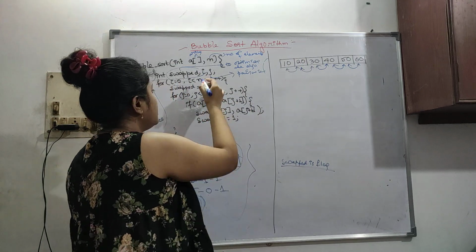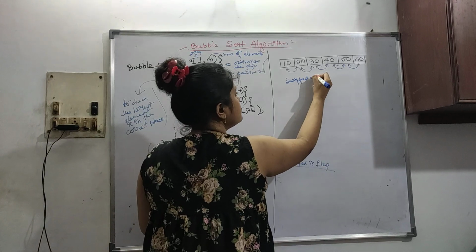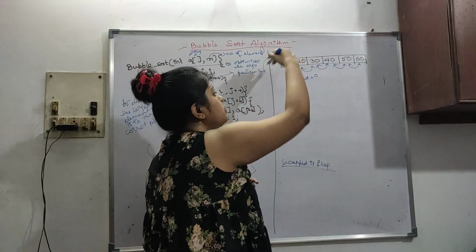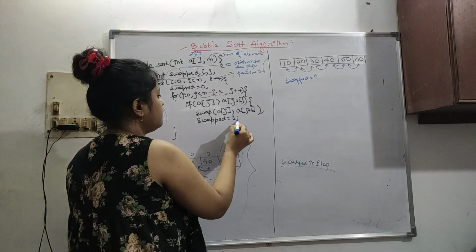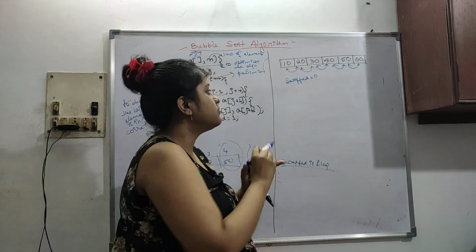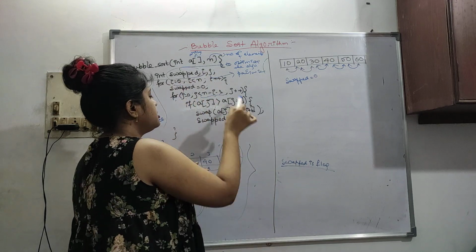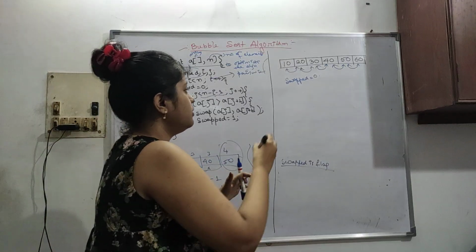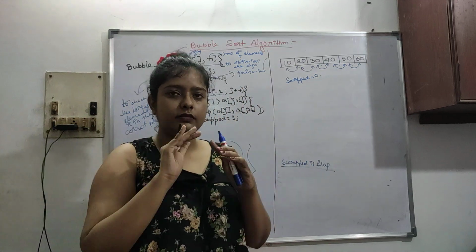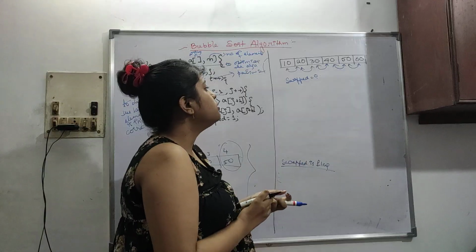So initially our swapped variable was 0. If we had swapped anything inside, this swapped variable would have changed, and then we would understand that yes, something is swapping between these elements, so we have to check this condition again. But since here we are not swapping anything, the swapped variable will remain intact, that is, it will remain 0 only. So no need to check again.